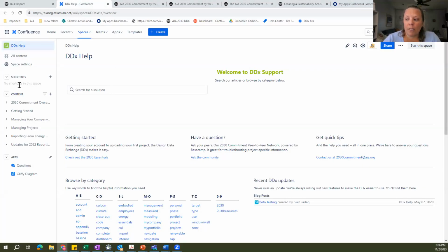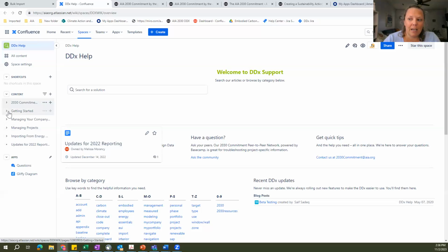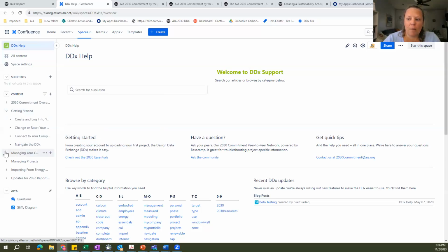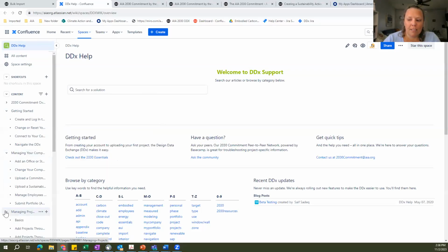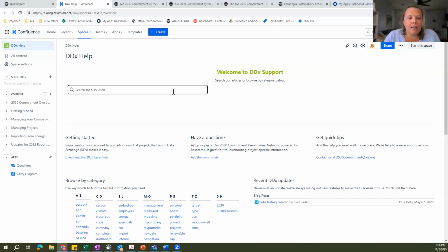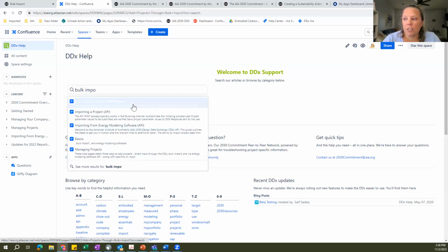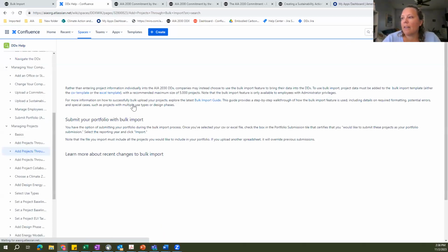So you can go to our help pages and you can find on the left-hand side, it looks like it's not a lot of information. It's 1, 2, 3, 4, 5, 6 little tabs, but they all get bigger. The level of detail here is amazing, guys. So make sure you check here if you are looking and struggling with anything, but you can type anything into this search bar. So if I type in bulk import and I want to add projects through bulk import, it